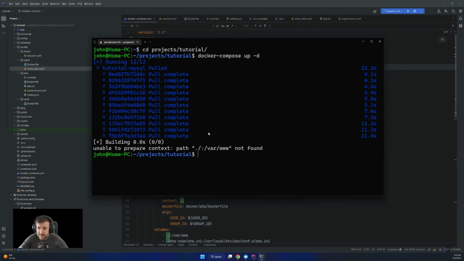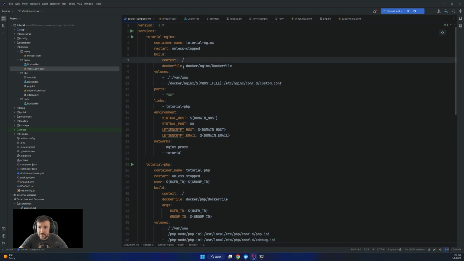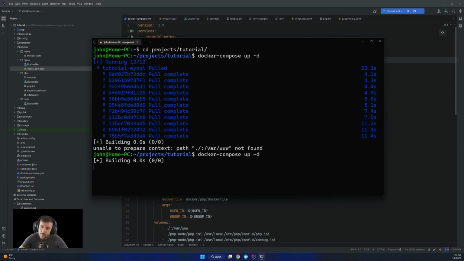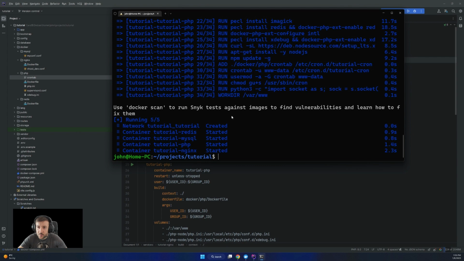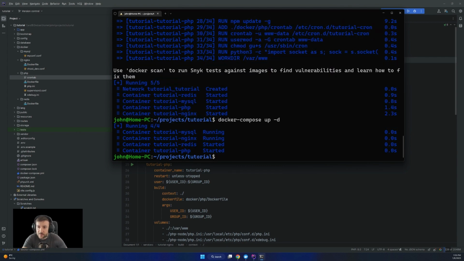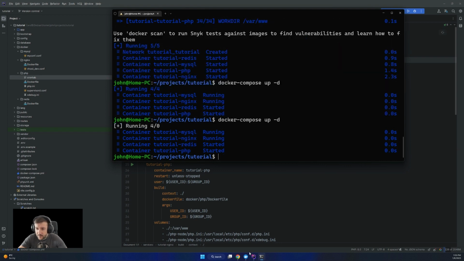Okay, it looks like I have an error, and going back here on var/www, actually the context needs to be like this, so my bad. The volume needs to be mapped inside the context. It's where to take everything. Rebuilding that. Okay, so we have them all started. Just to be sure, let's run this command once more. So everything is up and running, maybe. Yeah, there are 4.